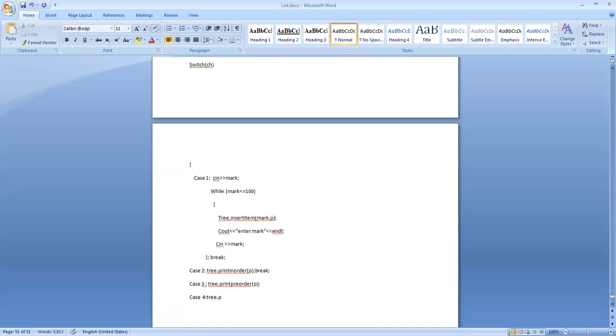Tree dot print post order of tree. That's all. So we have written method coding for all the tree traversals. So I will do this as long as my choice is either 1 or 2 or 3 or 4. Here also I should have break.